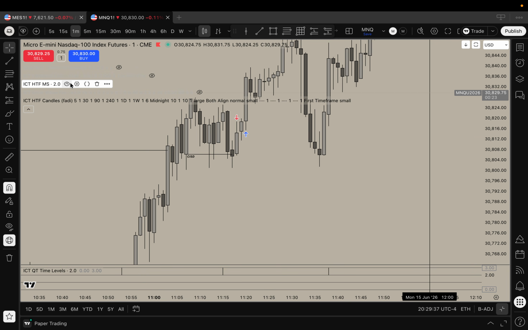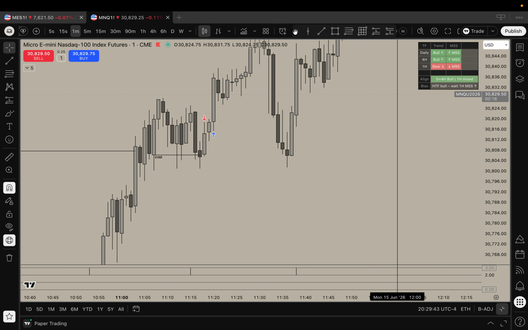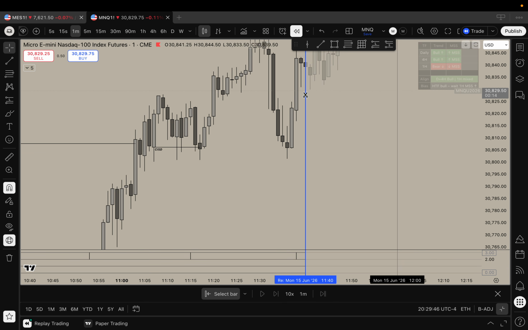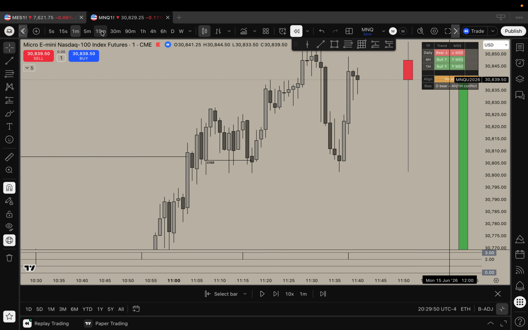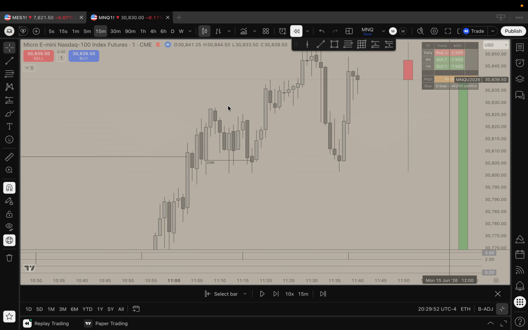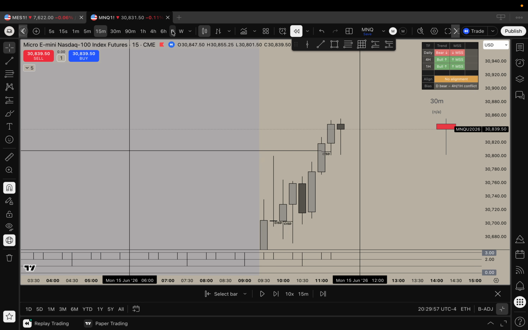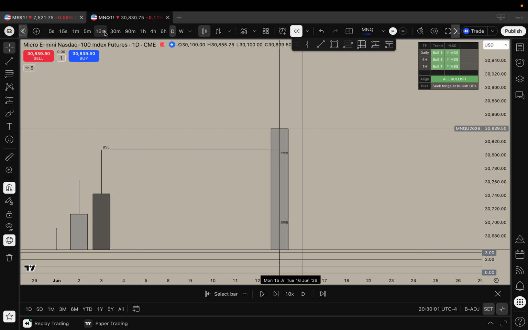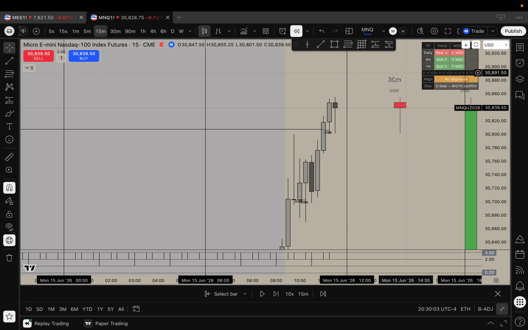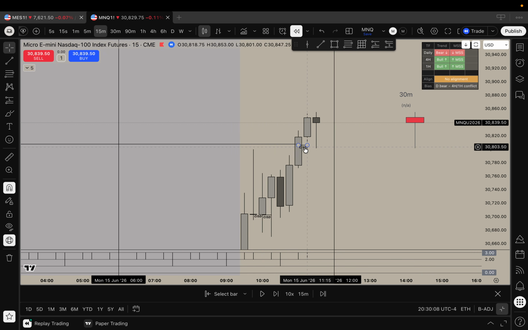And then I realized that I was stupid and that the daily, 4 hour and 1 hour, in this case the 1 hour, is bearish. But at this point in time, if we just take a little trip back to this morning, the daily was not bearish. The daily was bullish. It's just not loading because of the high time frame. Yeah, there we go. See, just needed that high time frame load.